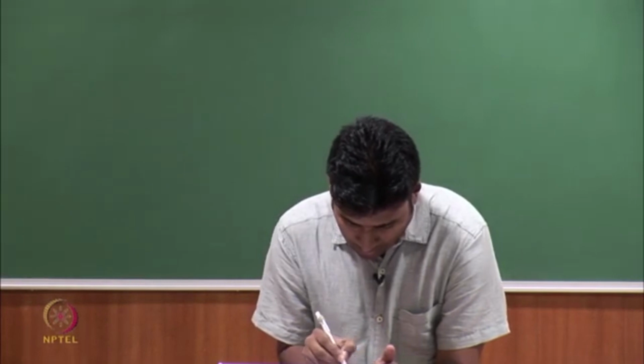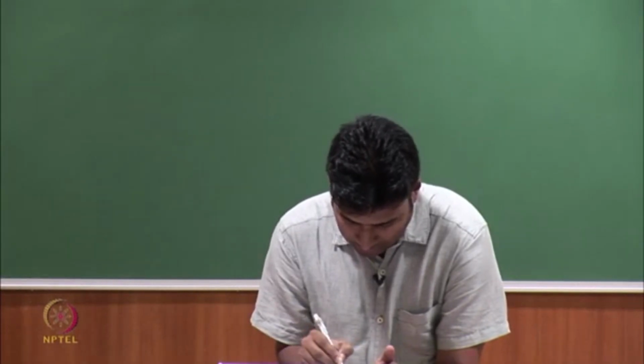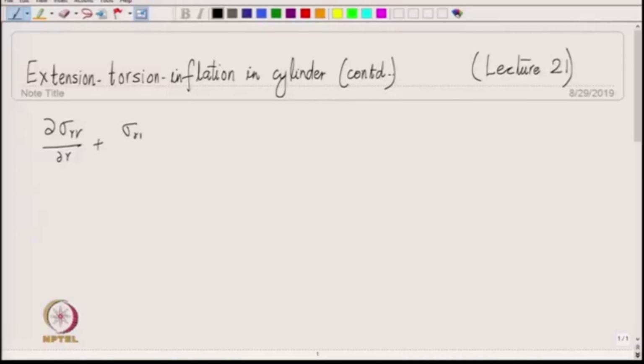del sigma r r over del r plus sigma r r minus sigma theta theta over r equal to 0 and del sigma z z over del z equal to 0. Okay. So, these were the equations. So, let us try to solve them one by one. So, if we take the second equation,